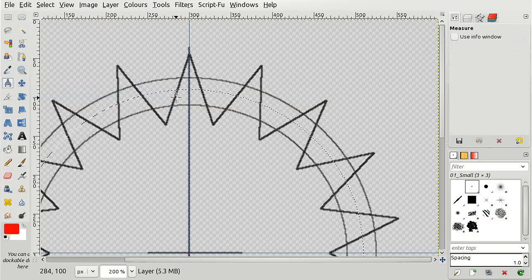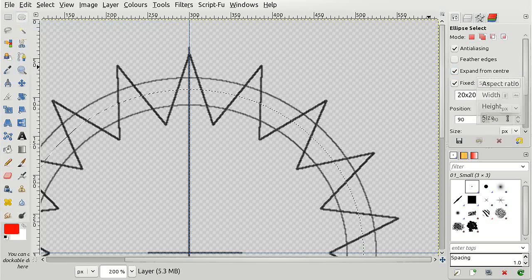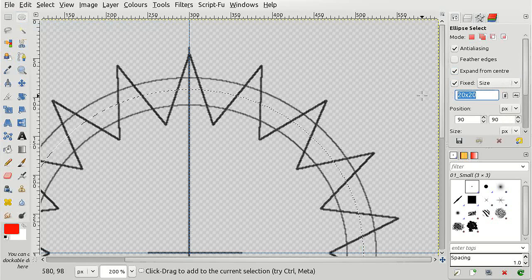But first I need a size for this selection, and I'm going to measure this the top point on that guide there. It came out at 29 pixels. So that's 29 by 29. Now if we click in the canvas,